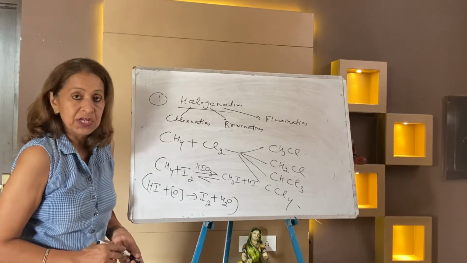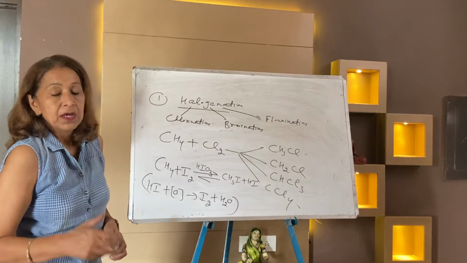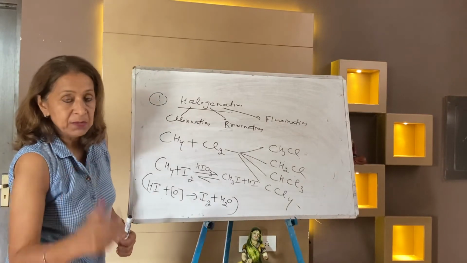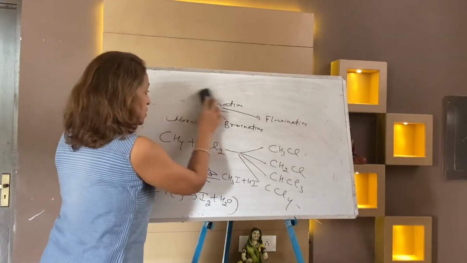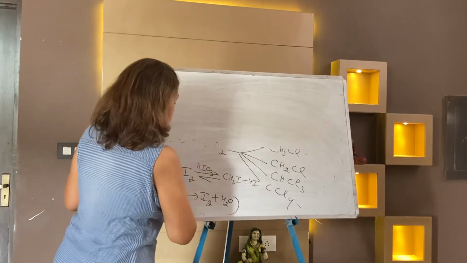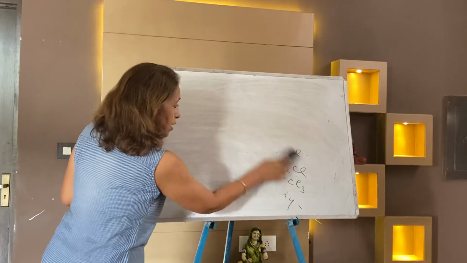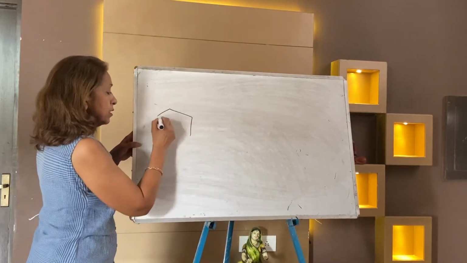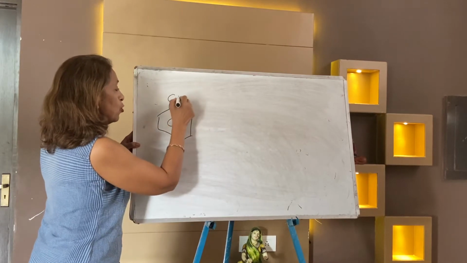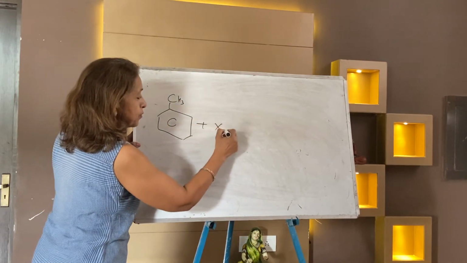The reaction is explosive. Iodination is reversible, so make the reaction irreversible. The reaction must be carried out in the presence of concentrated nitric acid. So this is halogenation of methane. Now if you want to do halogenation of toluene, I am taking toluene halogenation in the